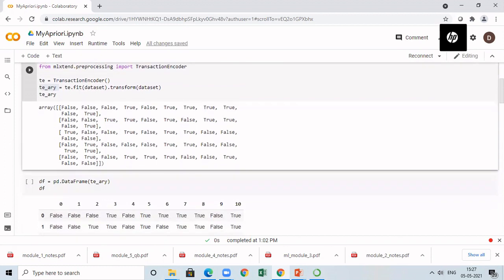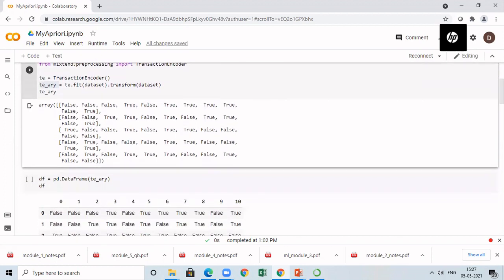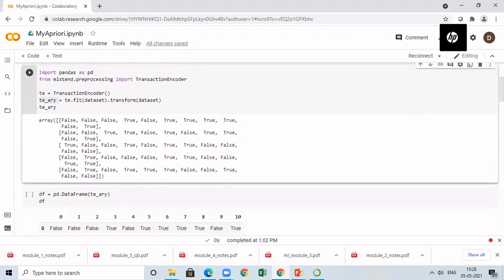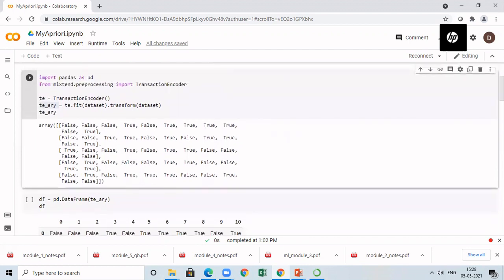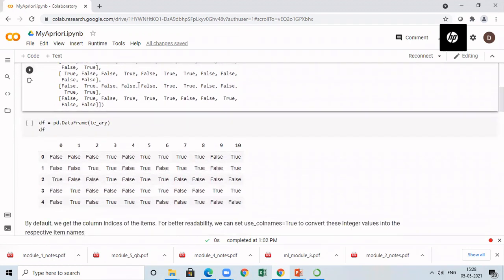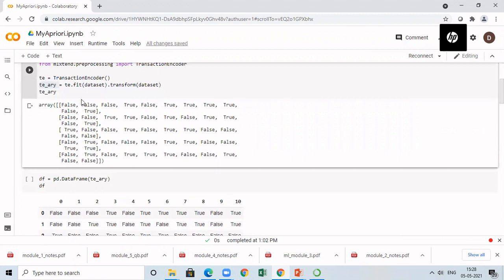So now it is very difficult for us to interpret. So we are going to display the information in some other format. First, let us convert this into a Pandas data frame, because then only you can give data into the Apriori algorithm. So I'm going to convert this into a Pandas data frame. For that, I need to call pd.DataFrame. I need to pass this one-hot encoded information I have created, that is nothing but te_ary. I'm passing that. Then I'm creating a data frame object df.